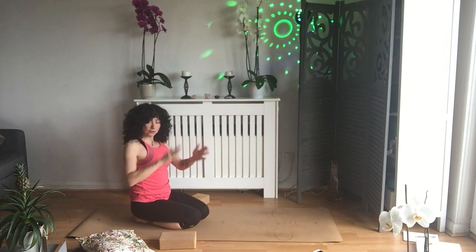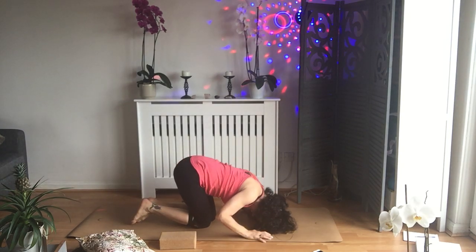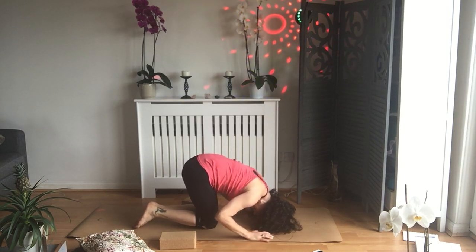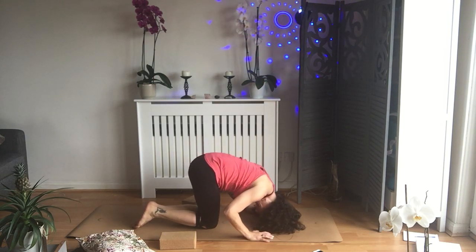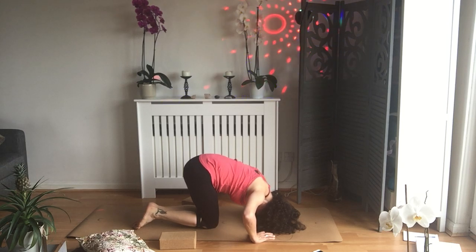And when we put it on the floor, you can cushion it, but you need to keep the arms strong. We already worked with them, so you know that your arms can help you like that. So you don't have to put all your body pressure here. You can have the hands help you. But I want you to find the crown of the head and try to relax your shoulders back, so open the elbows. So you're feeling the shoulder blades behind you, and you're slowly learning how to put your head on